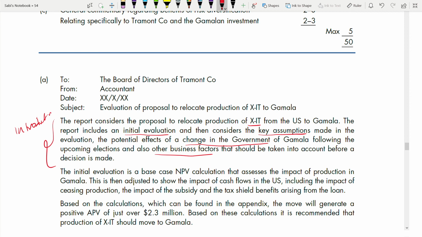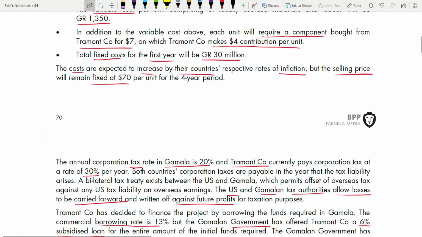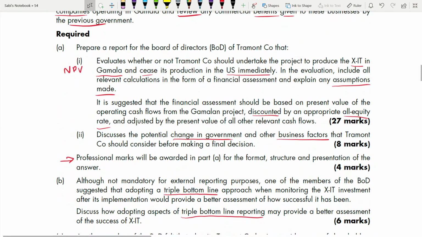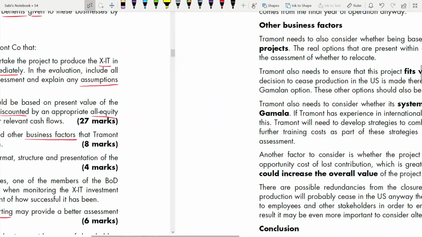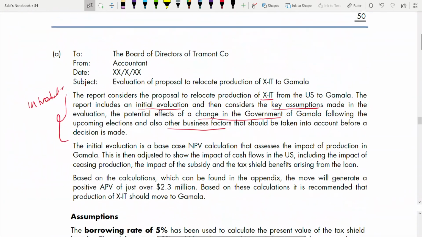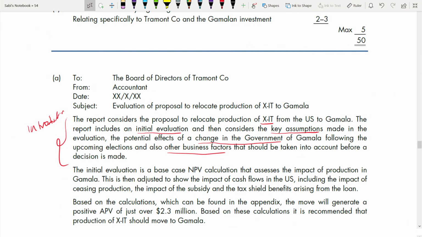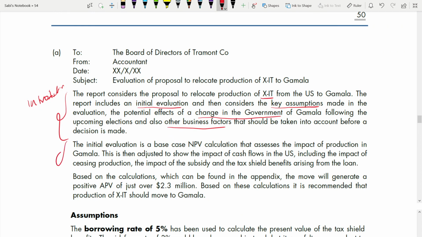If you go to the next paragraph, they are going to talk about the net present value they got. Exactly, that is the next paragraph. Why? The questions asked, the requirement starts with what? Whether you should accept the project or not. Okay, let me show you the requirement. If you go here, it starts: evaluate whether or not they should undertake the project. So for that, all your calculations will be in the appendix. If you see, only this much of a paragraph is used.